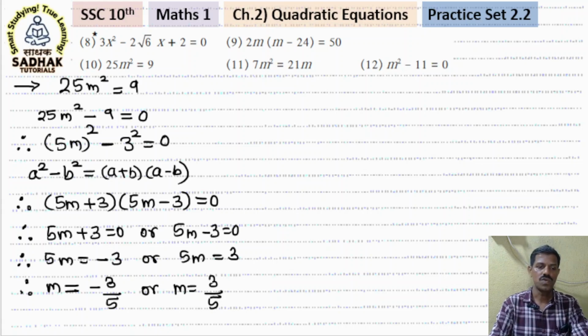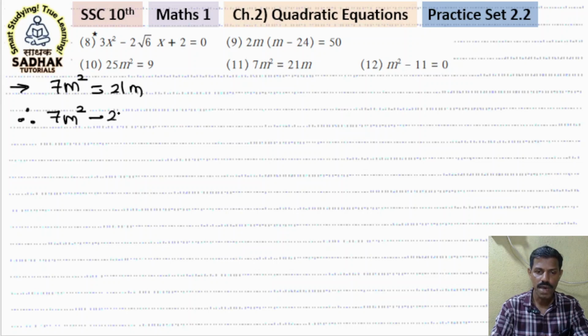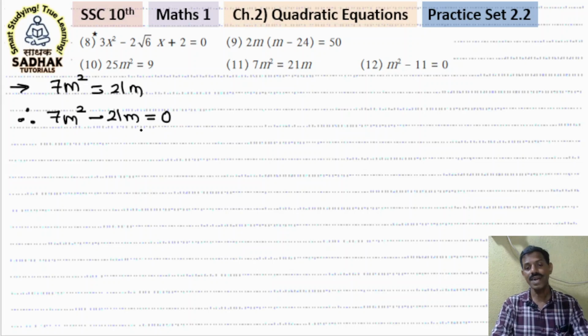Okay. Chalo, now let us quickly go to question number 11. Question number 11 is 7m square is equal to 21m. Fine. 7m square is equal to 21m. So here also let us take this 21m on the left hand side. So that is minus 21m, it will become is equal to 0. Now see here again that c term is missing. So how can we split the middle term? We cannot. So therefore here again when we look carefully we will see that 21 is a multiple of 7,